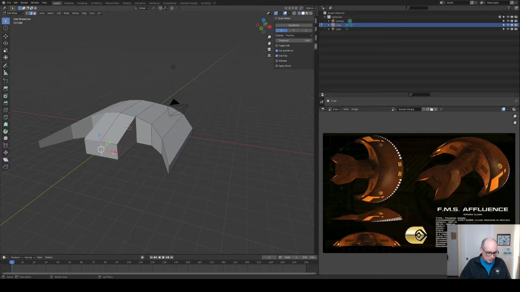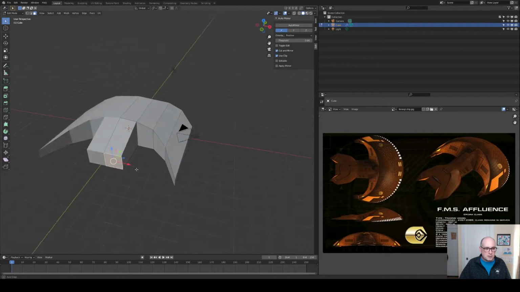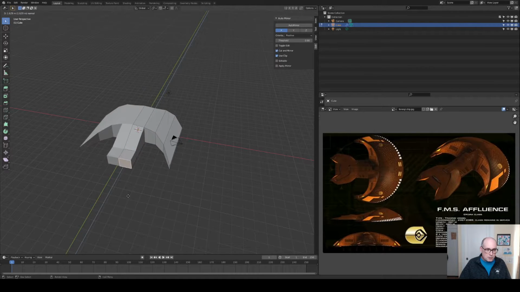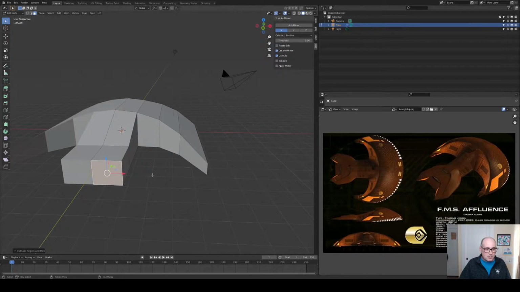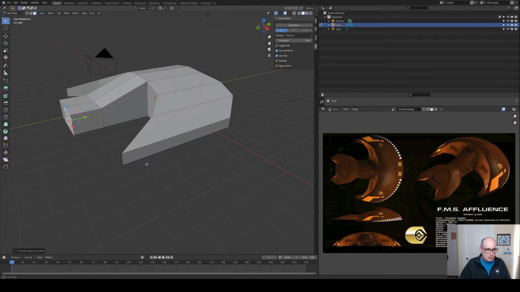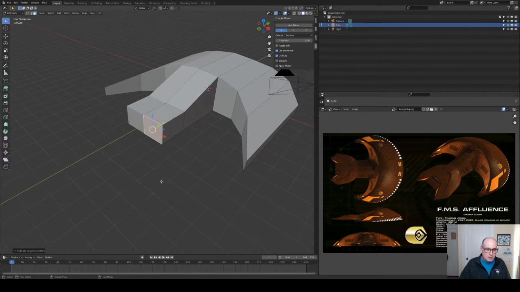What I can do is select this face, extrude it out a bit. If we're thinking about a circle, this is about where I'd want the head to be. Then, just going from feel, extrude a little bit, scale it up,